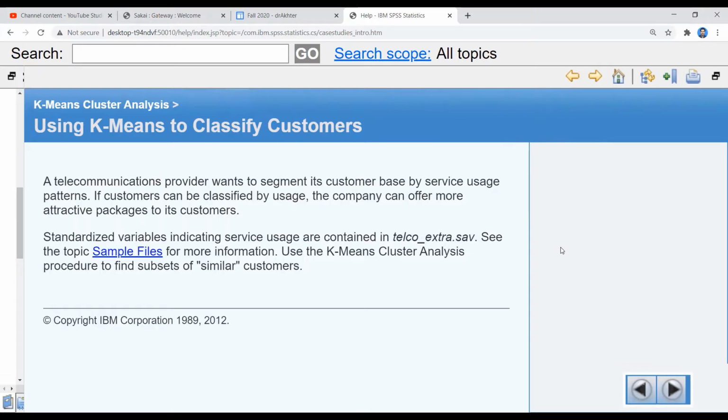So what the variables are and what type of data we are using to analyze this application? So telco_extra.sav is a file which is available in the sample files of the SPSS folder. So I'm demonstrating this file to you. You can find this file in the folders where SPSS is installed.